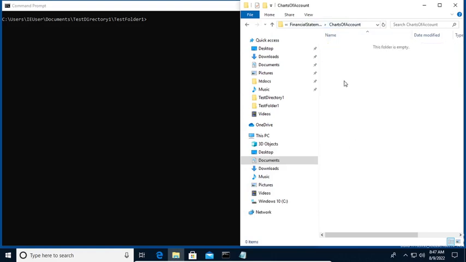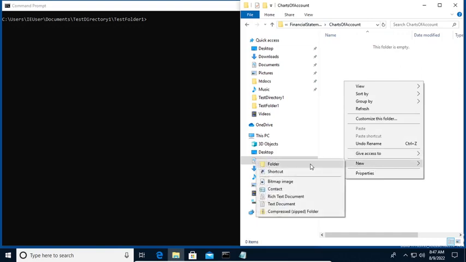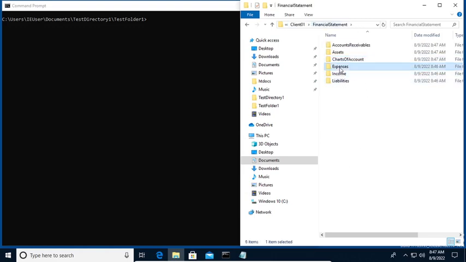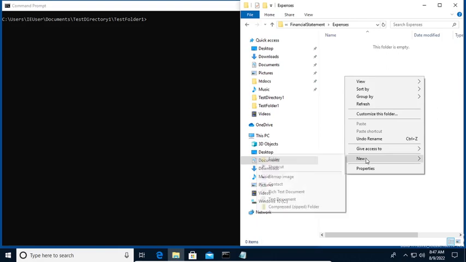And here, let's have a chart of account. Sample chart of accounts. Okay, we're just creating the files using the GUI for now. I just wanted to at least show you that